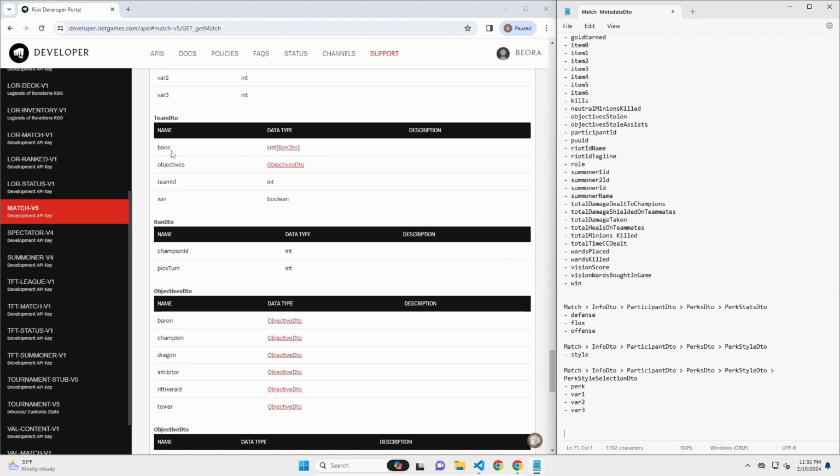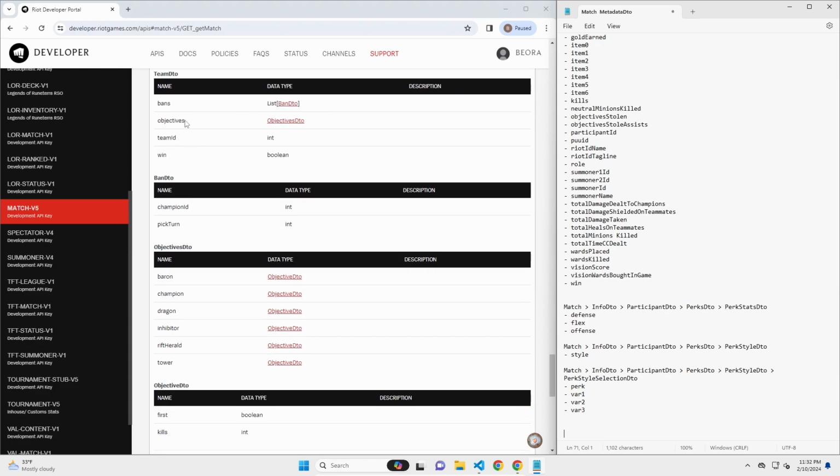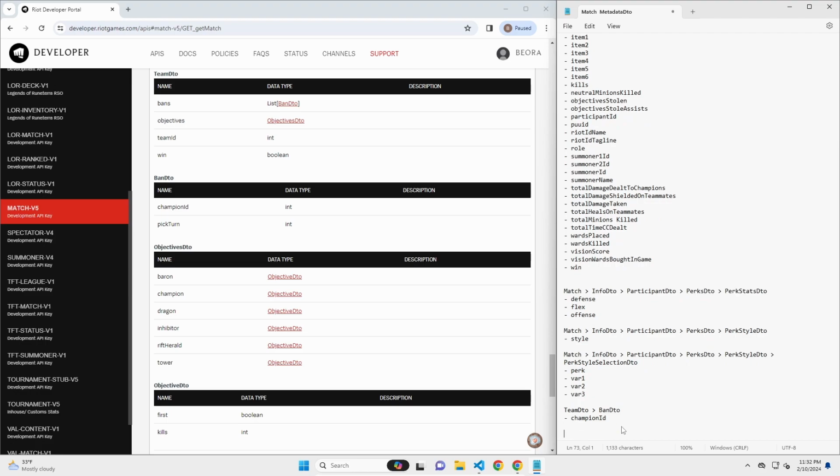And then for team DTO, I want specifically the objectives. That's what I care about. You can also grab bans, I guess, but maybe bans are interesting actually. Let's include bans. So we'll say team DTO, ban DTO. I want specifically the champion IDs. I don't care about the pick order of bans. And then I also want team DTO